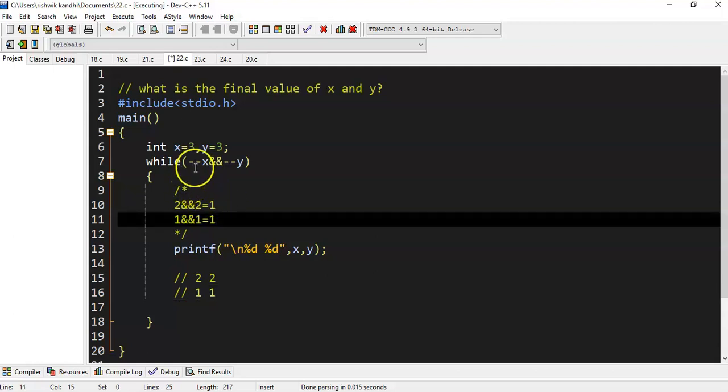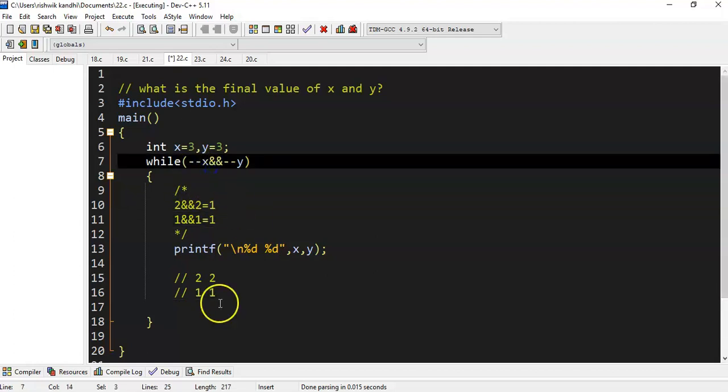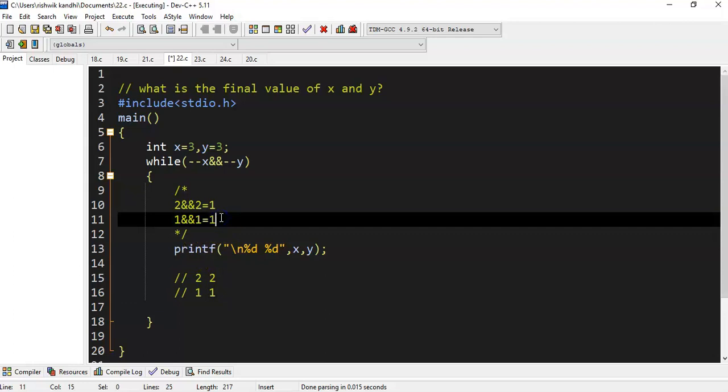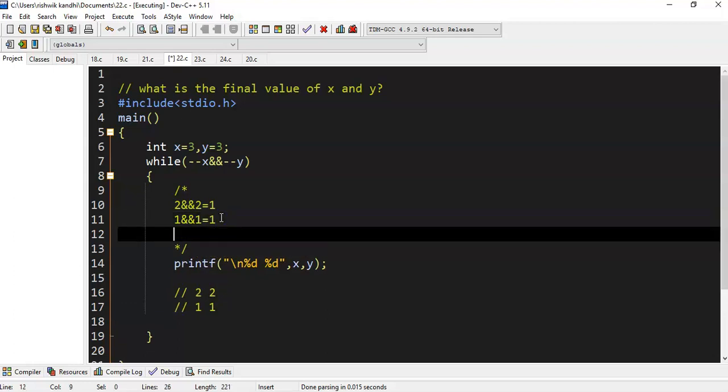Coming to the third iteration, --x. The previous x and y values are 1 and 1. So now we operate on the same values. So --x is nothing but 0, and as I have already said, it is not a bitwise AND, it is a logical AND. So that's the reason I'm not going to evaluate the second expression.